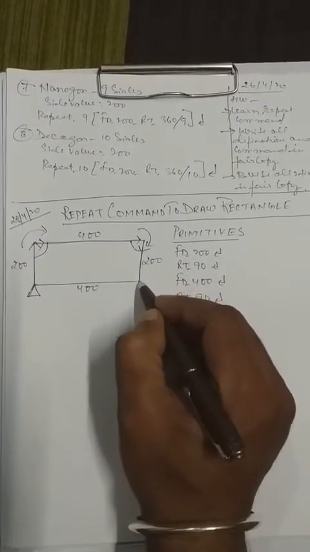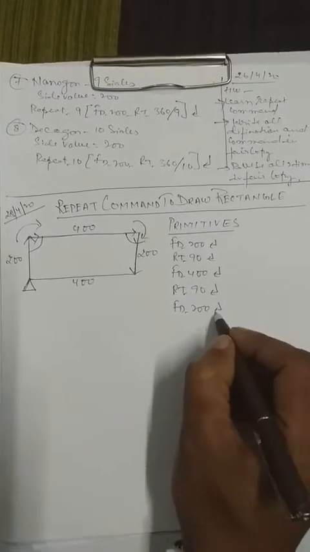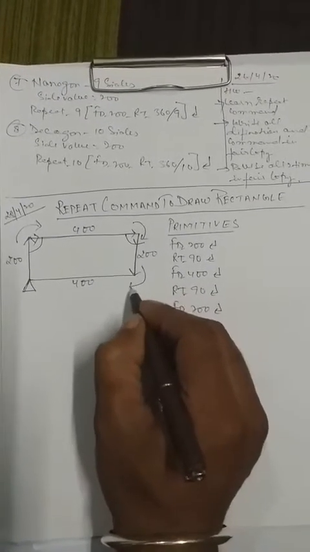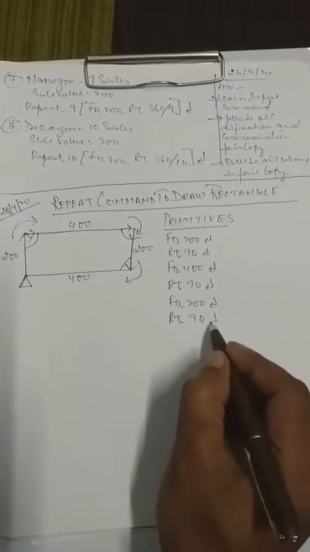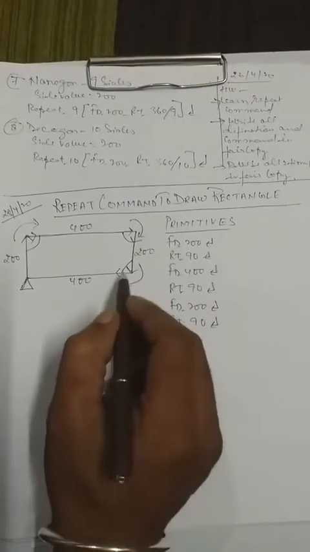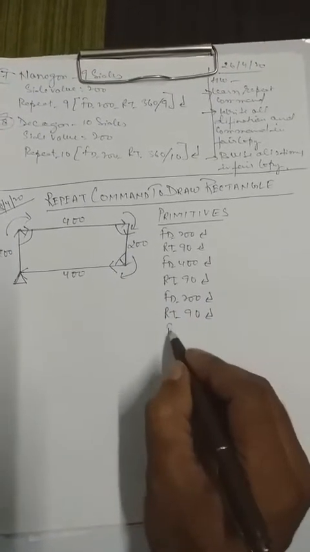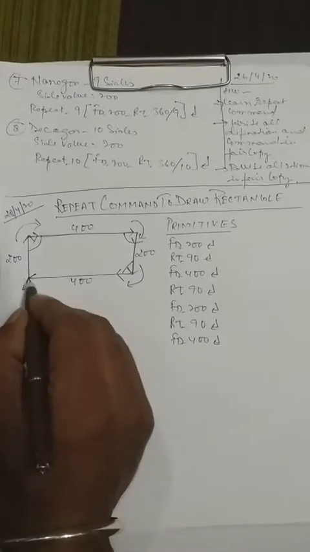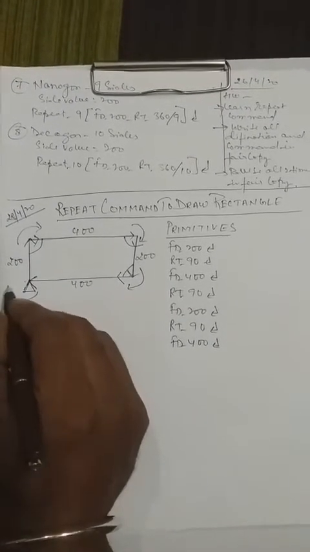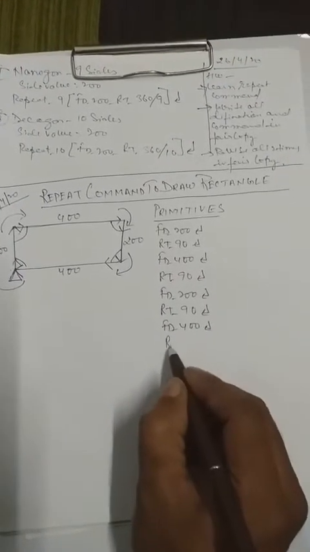Now we will go along this line which is 200 steps. So we will write FD 200. Now my turtle face is down. We will turn it clockwise a quarter. For that we will write RT 90. Now my turtle came in this direction. So I will draw the last line which is still here, FD 400. Figure over. My turtle face is this side, but as it was straight before, again I will turn it clockwise a quarter to make it straight as it was. So I wrote here RT 90.